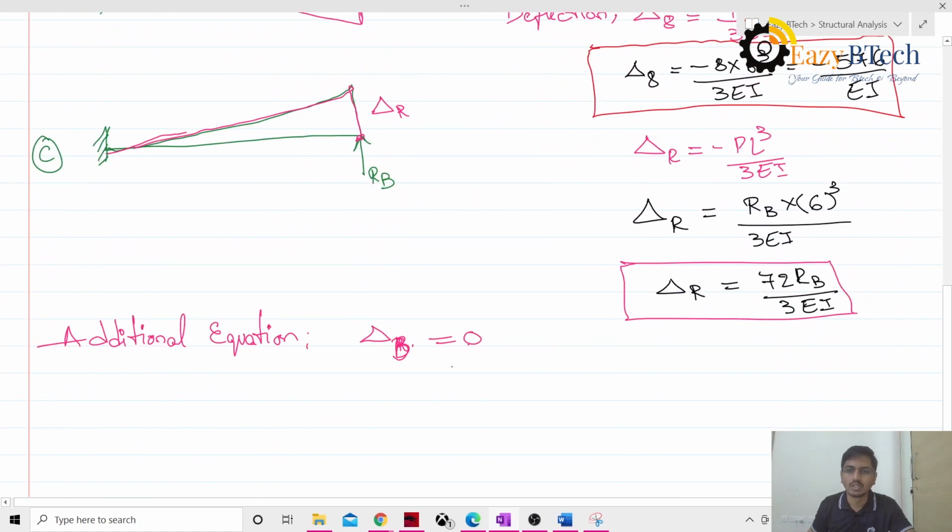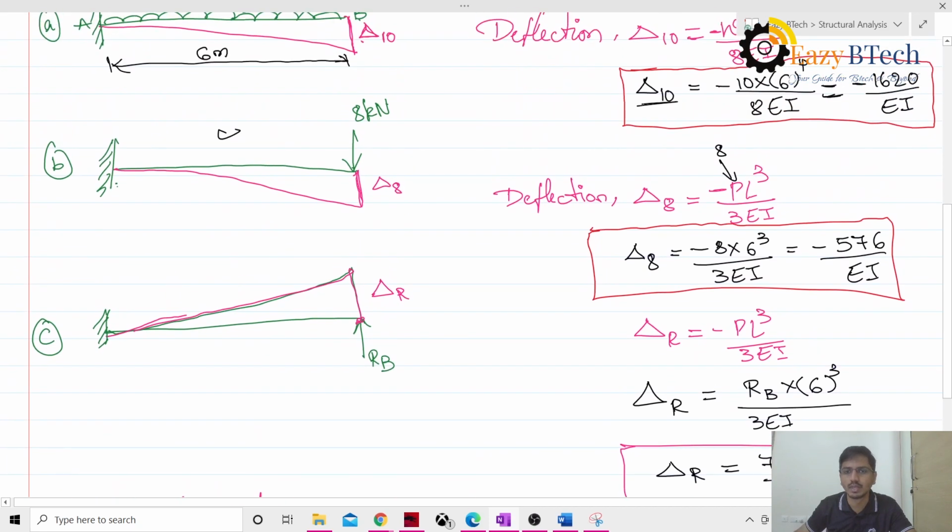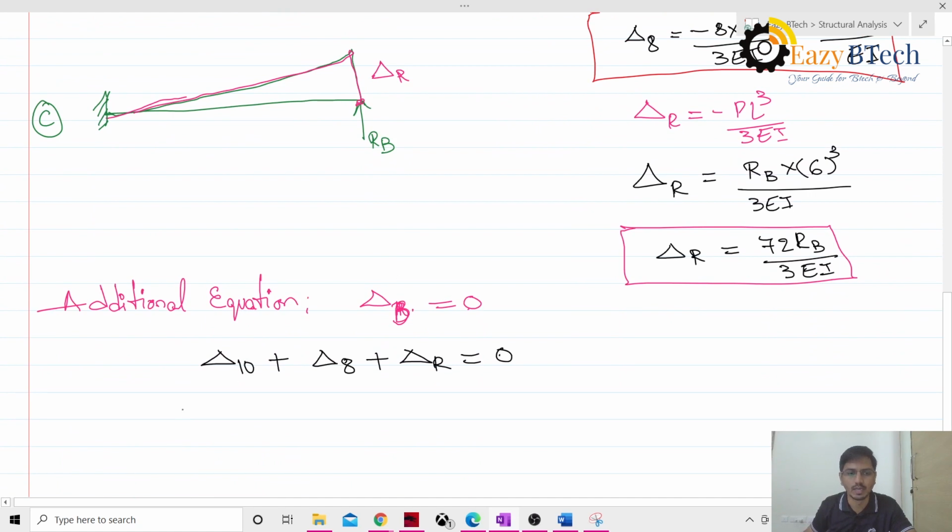Now, the summation of all this should be equal to 0. So we'll do the same thing. Delta V is nothing but the deflection due to the 10 kN/m load plus the deflection due to the 8 kN point load, plus the deflection due to the reaction R, which should be equal to 0. So what is the deflection due to the 10? If we go and see the value, it is minus 1620 by EA. So I'll substitute this value, minus 1620 by EA